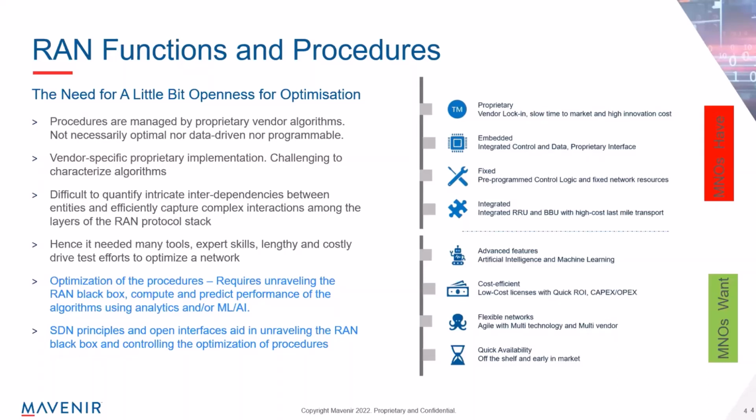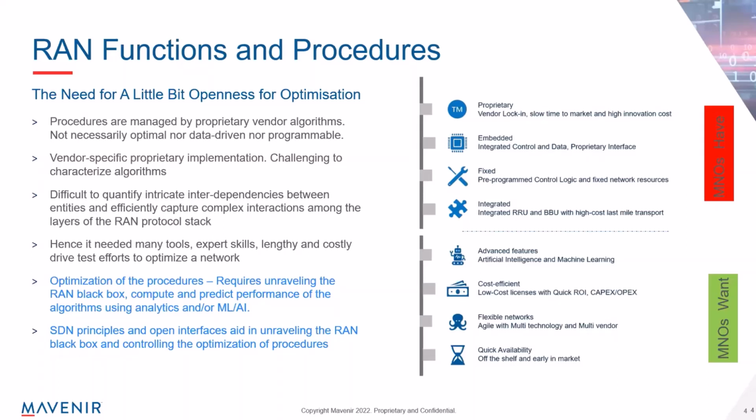So that's where the MNOs or the operators wanted some cost efficient and flexible network optimization. To create that, they wanted to open up those procedures, reveal this black box and understand how this process is working. That is where the Open RAN standards are opening up the interfaces between the RRU and the DU and the in-between nodes, and working group 2 and working group 3, real-time RIC and the non-real-time RIC,